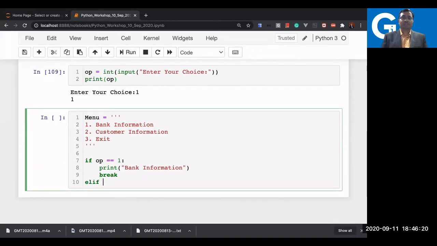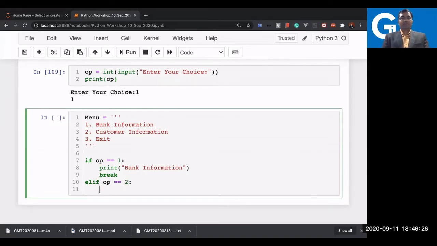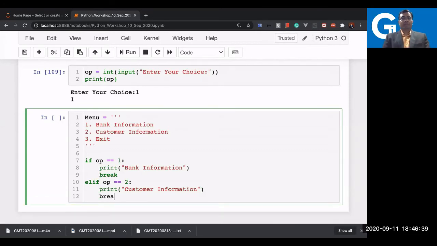If the first condition is false, then let's say OP is logical equal to 2. Then what should we write now? Customer information. Print customer information. And you can have the customer method also, you can call it then, and then break again.